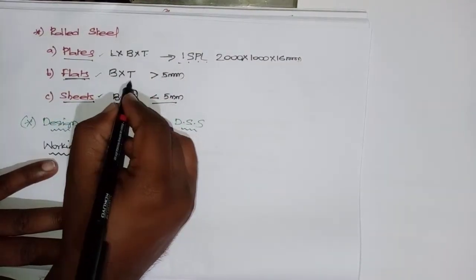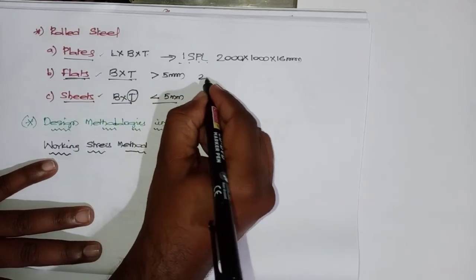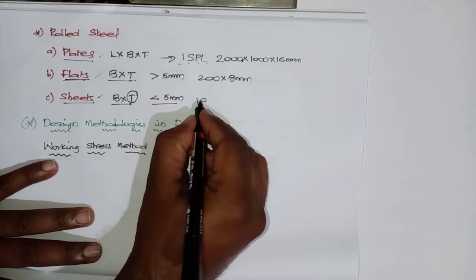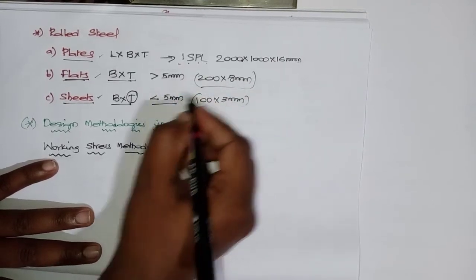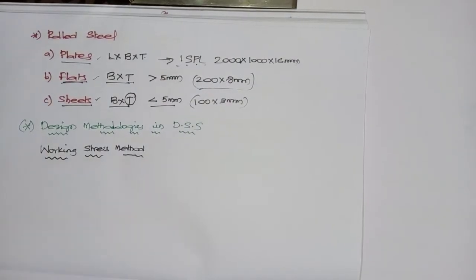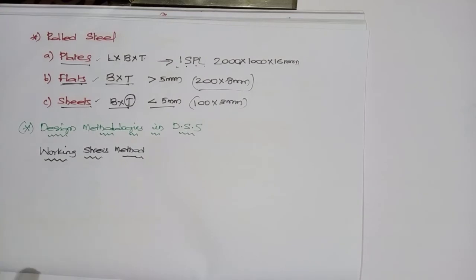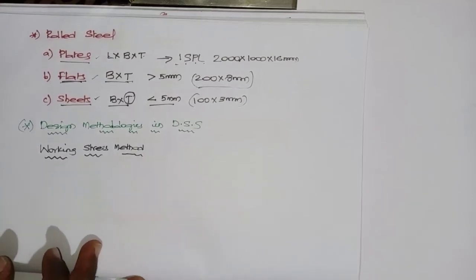Greater than 5 mm thickness and it is designated with width, like 200 by 8 mm. Suppose 100 by 3 mm, it is a sheet. 200 by 8 mm, it is a flat. Okay, so these are some of the different types of rolled steel sections which we'll be using in our